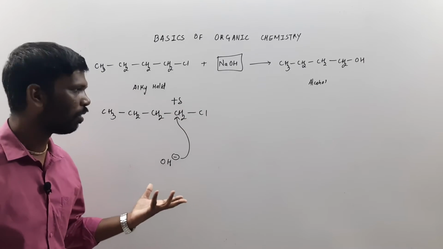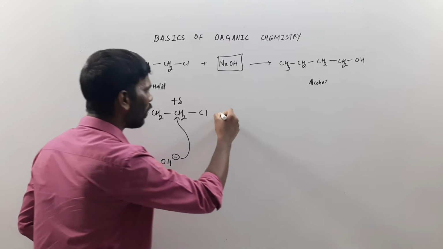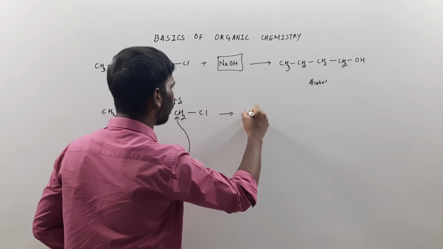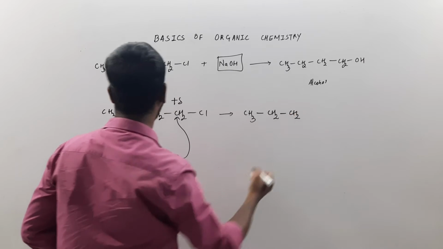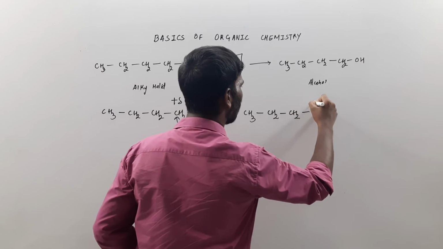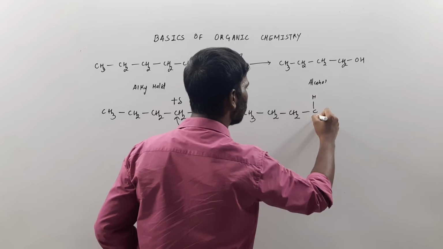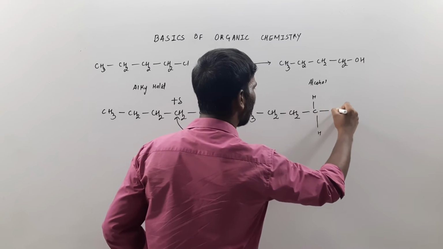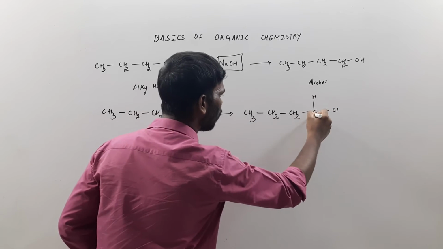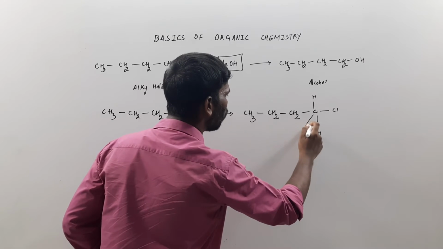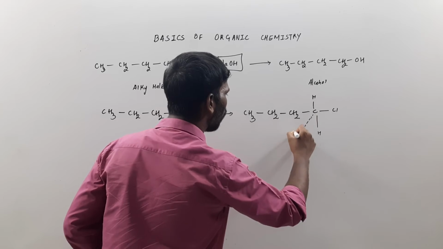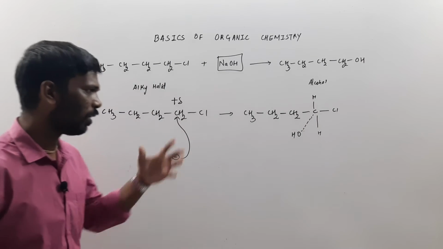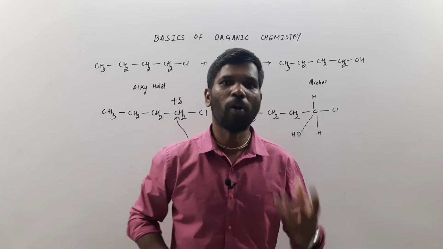is more. Now, in the second step, I'll show it this way: CH3, CH2, then CH2, then this is the carbon, and these are the two hydrogens which I can show, then there is a Cl. Means somehow there is a formation of a new fifth bond. I will show it in a dotted manner. OH is being formed, a new bond is formed. So an old bond shall break.